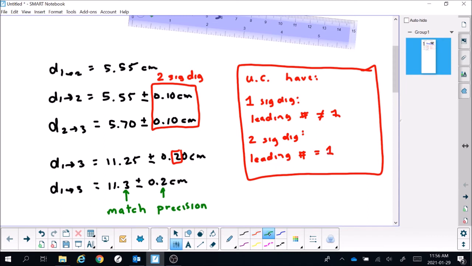Okay, so we have our value, we have our distance from 1 to 3 being 11.3 plus or minus 0.2